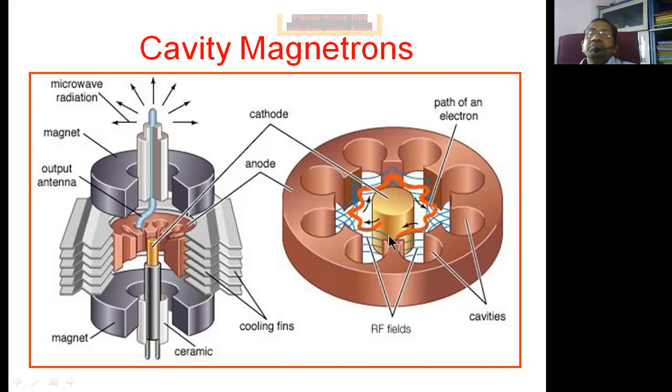Okay, so like this, many bunches of electrons are going to get generated inside this particular cavity, and all these bunches are going to come up like an RF field. That is, the radio frequency fields are known as EM waves. So this is basically the construction diagram of the cavities.